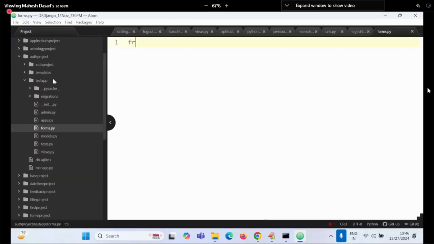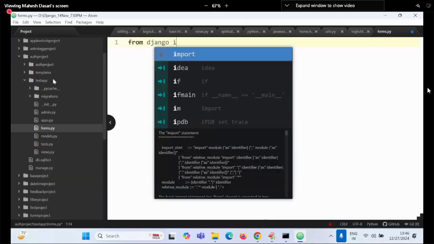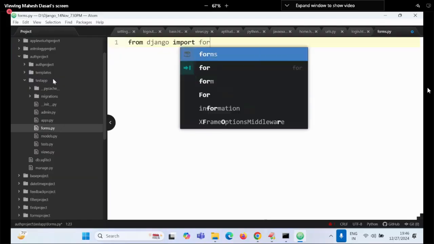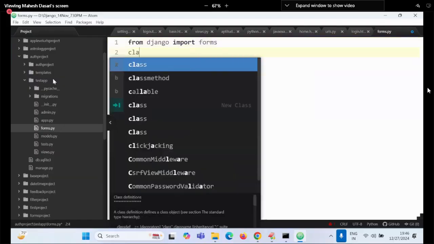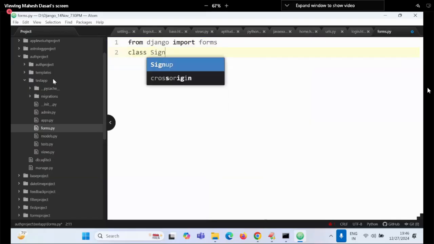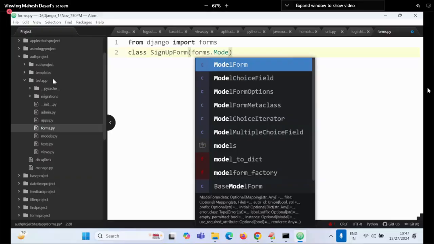Now here, from django import forms. Any name you can provide for the class; the class name is SignUpForm. Instead of a normal form, I have to take forms.ModelForm, because